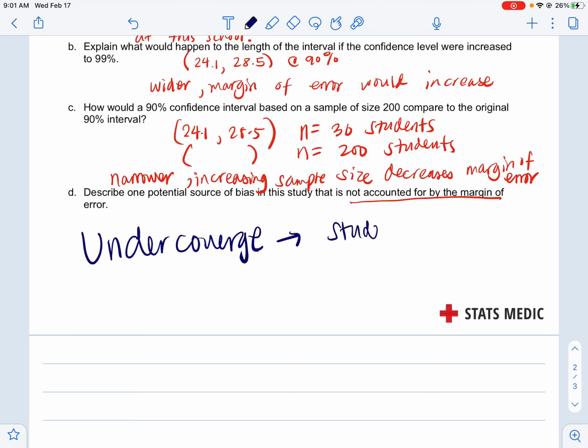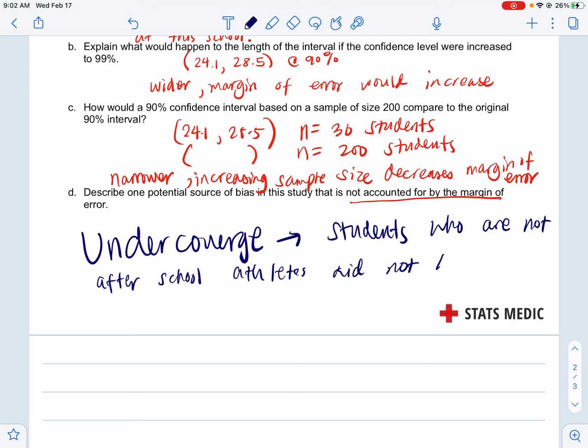So maybe students who are not after school athletes did not have a chance to be part of the sample, right? And you can think of something else, but for now, I'll go with the under coverage,